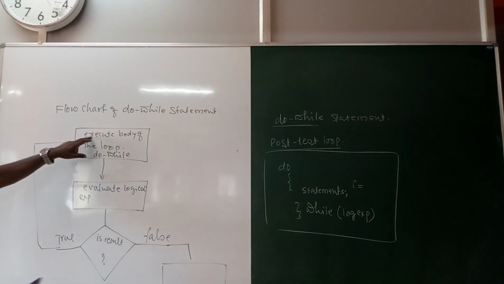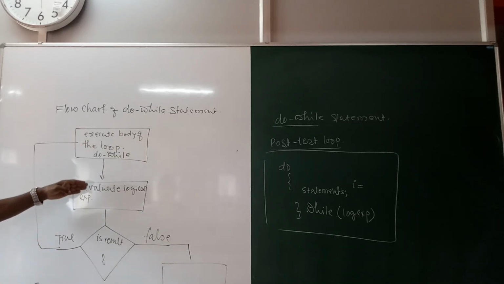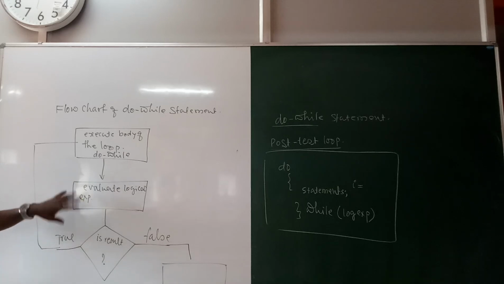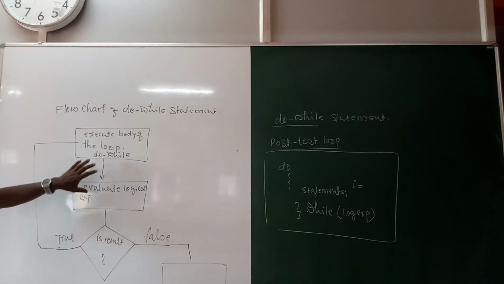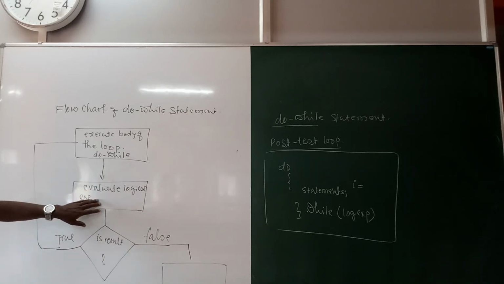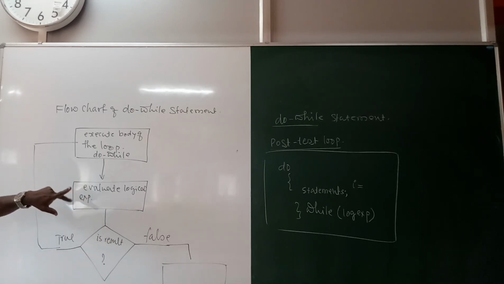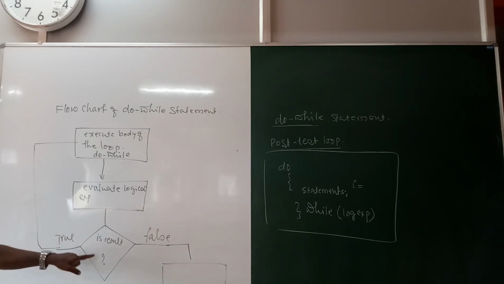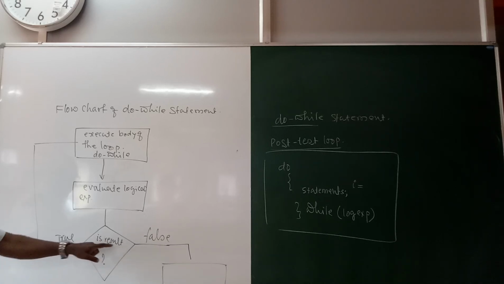See, look at this. Execute the body of the loop, that is do while, and then it evaluates the logical expression. There is a logical expression at the end, so it is called a post-test loop. The logical result is tested at the end, that is, after executing the body, and therefore it is called a post-test loop. And here is a decision making block. Is the result true? If the result is true, that is non-zero,